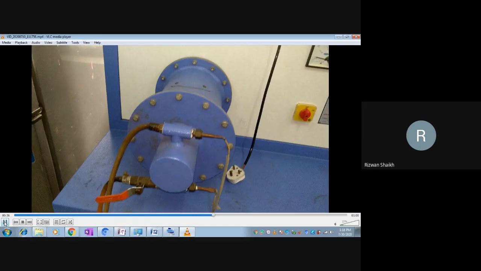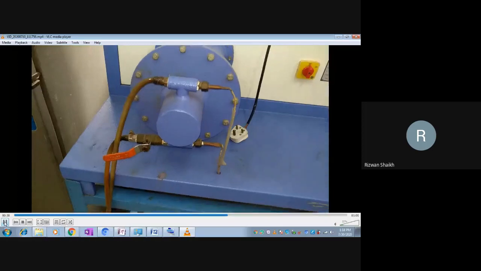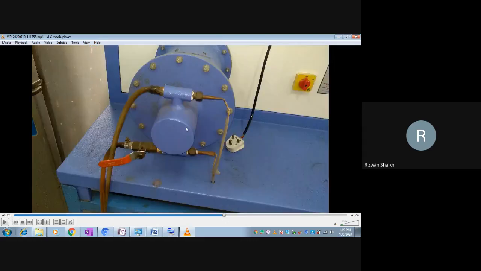Now after this, can you see the jar at the bottom? There is no jar kept here, but during the experiment we keep one jar here. This jar is to fill the water. Once we turn on the inlet, this is the inlet part, the water will start flowing from inlet to outlet. The change of temperature takes place because of the hot rod, and the outlet water flows into a jar kept at the bottom.